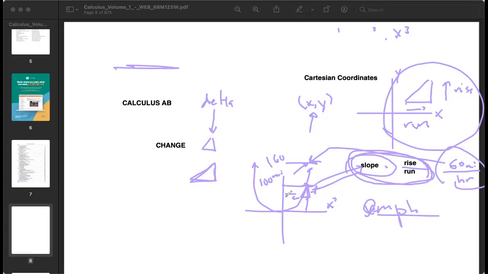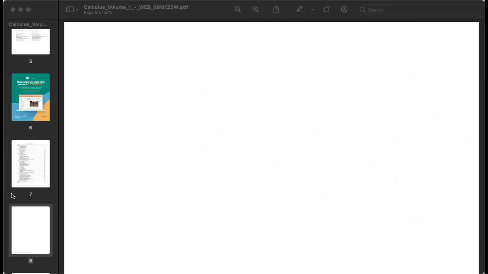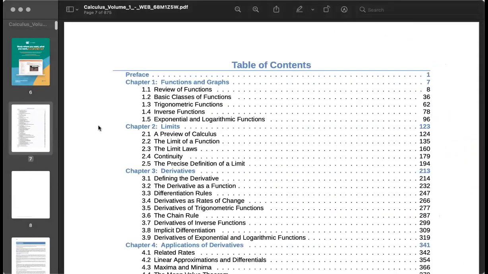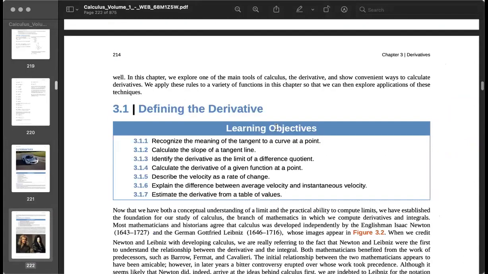And in this situation, it's the same idea with our data that we're getting: we're going to be looking at slope overall. That's the main thing, okay? We're going to go through a couple of these pages real quick just to show you that. All right, so derivatives, right? Derivatives,